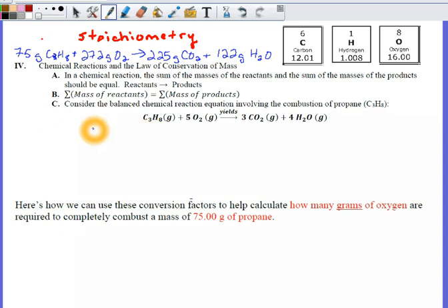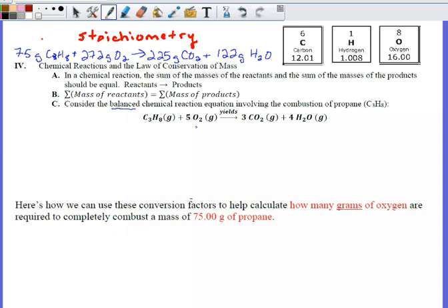So we're going to start out, when we look at this kind of problem, first of all, we make sure it's balanced. This one's already balanced for you. You'll also have to balance equations before you do this, but right now we're going to start with one that's already balanced. Balanced means that there's the same number of each type of atom on both sides, reactant and product. So you're not destroying any elements, any matter, and you're not putting new elements in the products that weren't in the reactants. So the first thing that we should do is probably just start out and calculate the molar mass